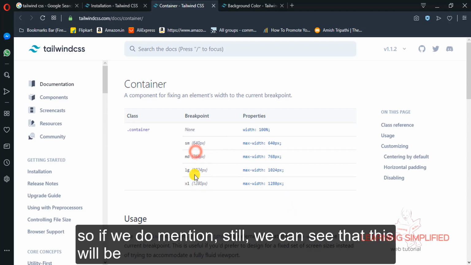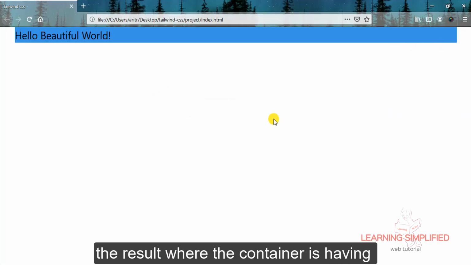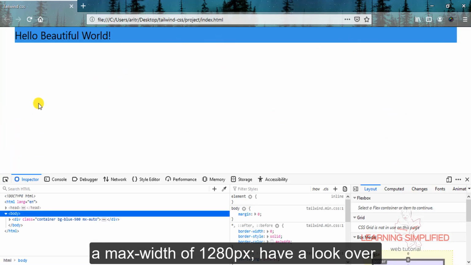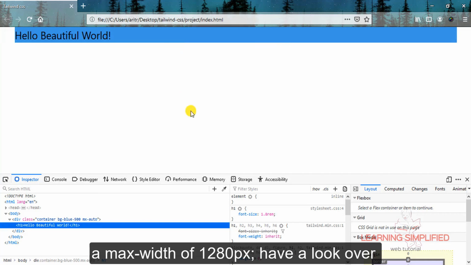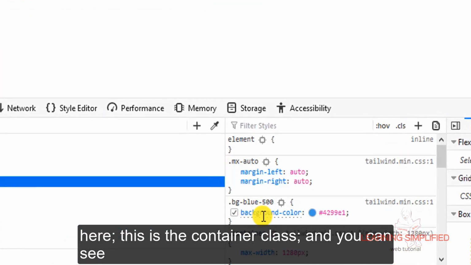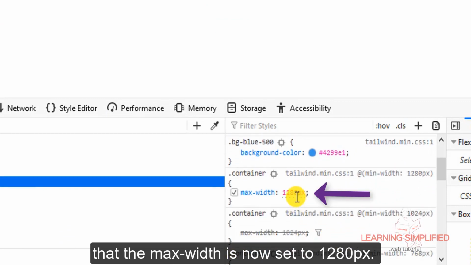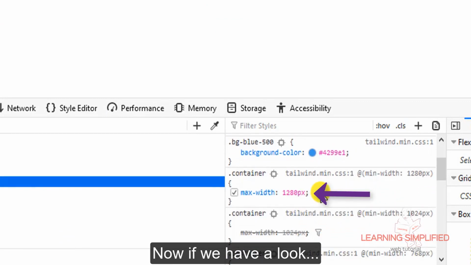So if we do mention, still we can see that this will be the result where the container has a max width of 1280 pixels. Have a look over here. This is the container class, and you can see that the max width is now set to 1280 pixels.